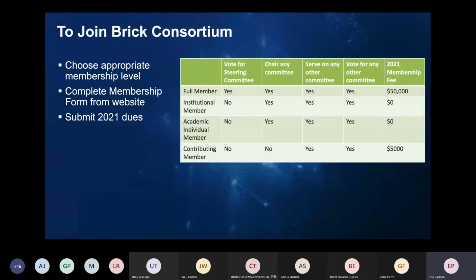To join the consortium, it's pretty straightforward. There's a membership form on the Brick website under brickschema.org/consortium, along with the membership rules. The form just says, I read the membership rules and I agree to them. So then you just need to pick the appropriate membership level. Full commercial members can do everything. Contributing members for commercial, you do almost everything except for voting for the steering committee. Institutional members and academic researchers can do all these things, but they don't have to pay. But it's just chairing committees, it's serving on all the committees, it's voting on the committees, and of course, it's